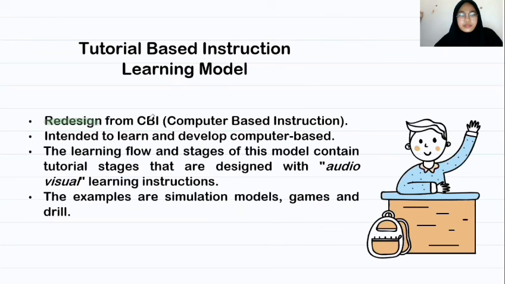And next, for the college model, this emphasizes mapping concepts, and PPL or